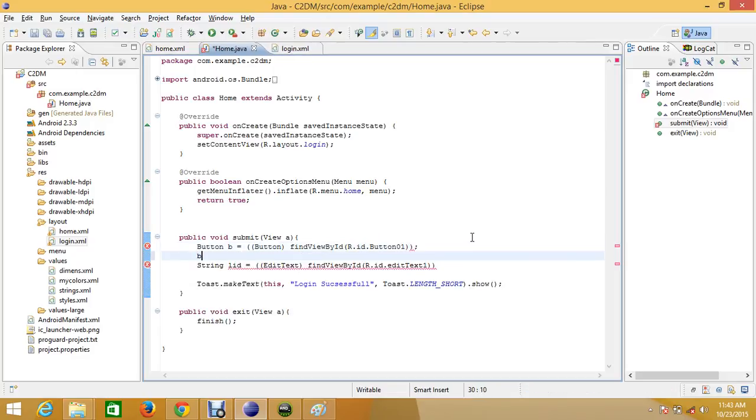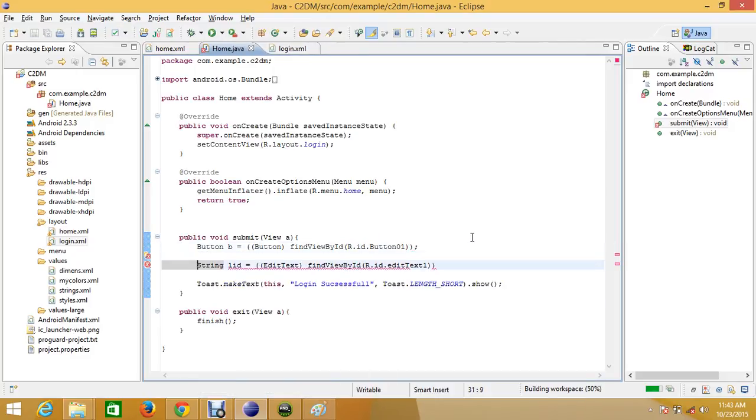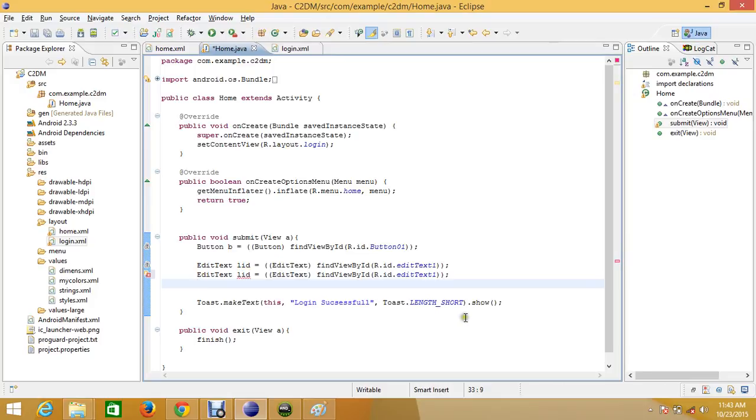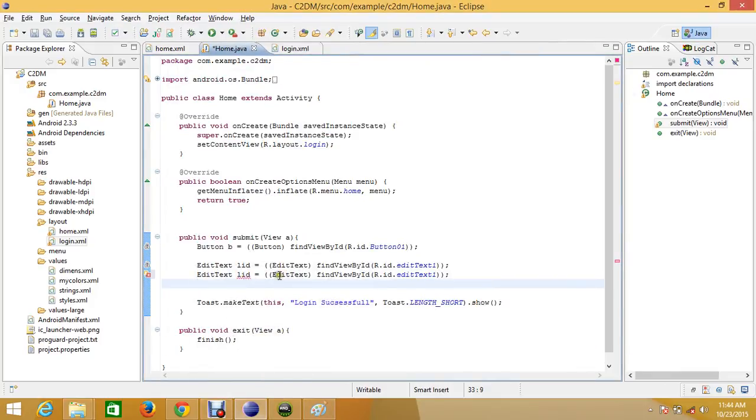Then you can use any methods of this button, like getText, setText. And for edit text, a similar thing, like this. Now you can use the same method for the password edit text also, pass,